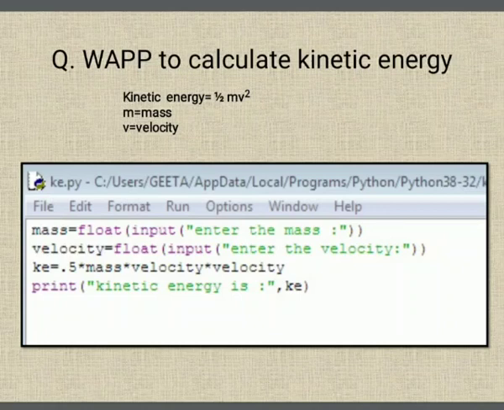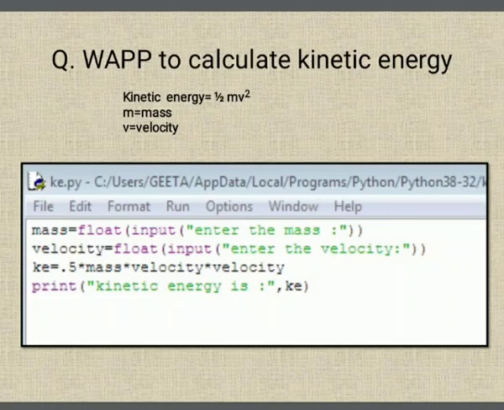It means we will accept two values from the user, and you already know how to accept the values from the user. It is with the help of input function. We know the rule. Input is a function which is used to accept value from the user. But whatever user enters the value, it is always in the form of a string. And on string, calculations are not allowed. So we have to convert it either in int or in float.